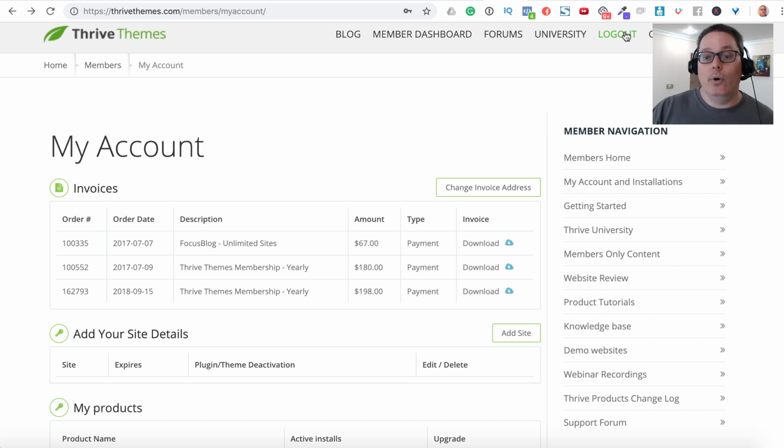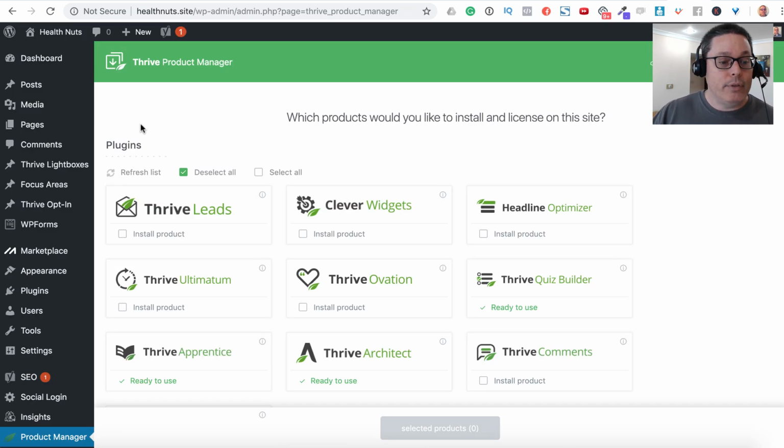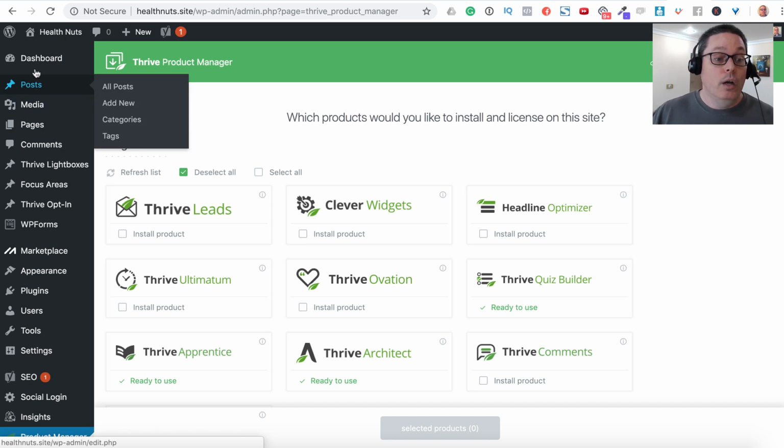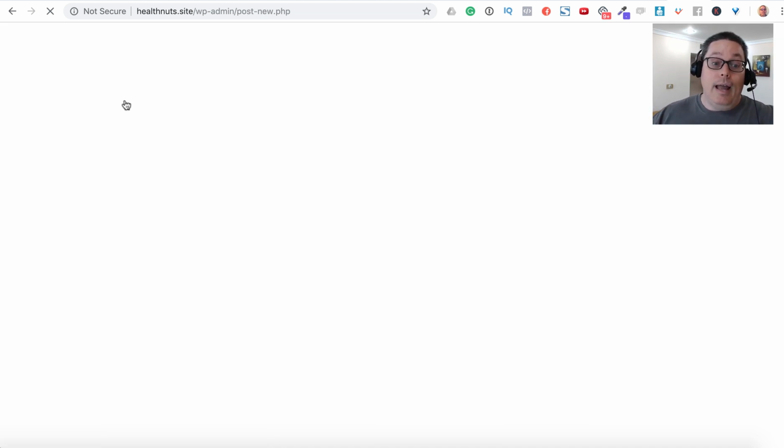And one last thing before I let you go that I want to show you inside of Thrive Themes, or inside of WordPress, and how Thrive Themes helped me to not really have a big concern when it came to Gutenberg and 5.0. So as you see, this site is on 5.0. If I go in here to add a new post, Gutenberg is going to launch by default because that's 5.0. When that comes up, you're going to see the Gutenberg interface,